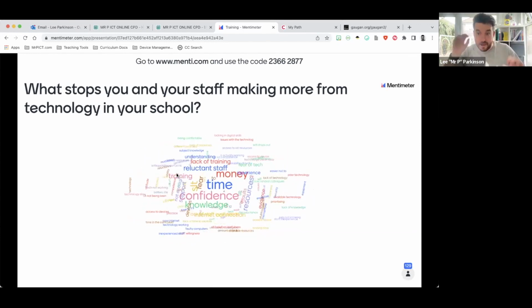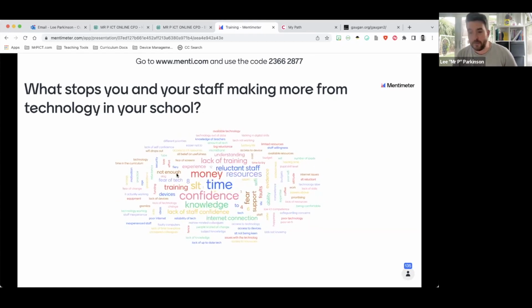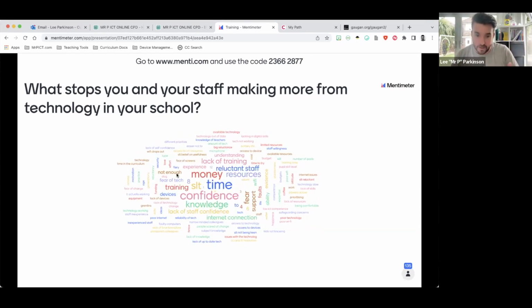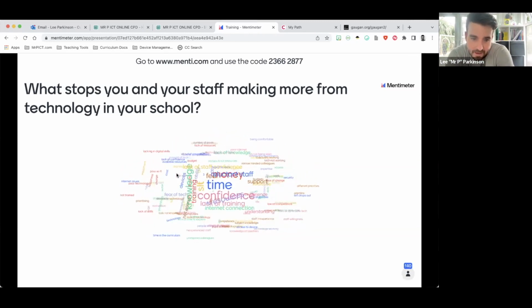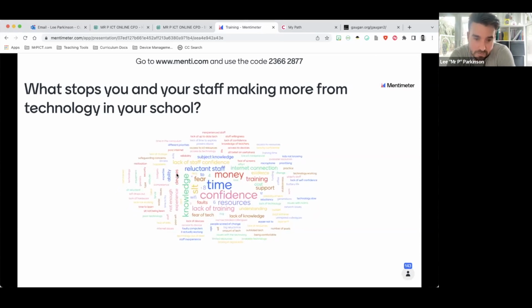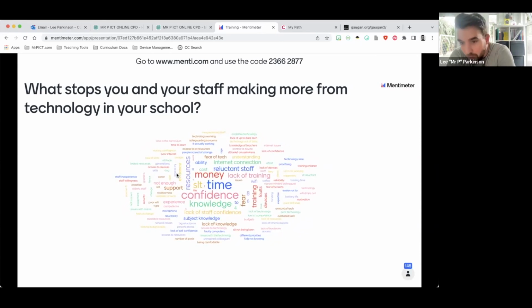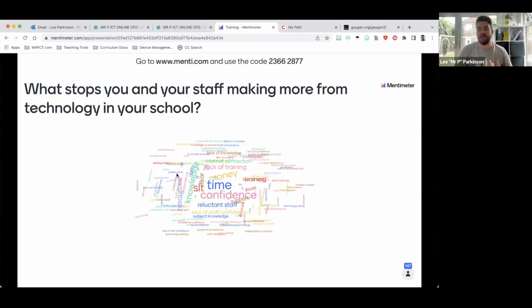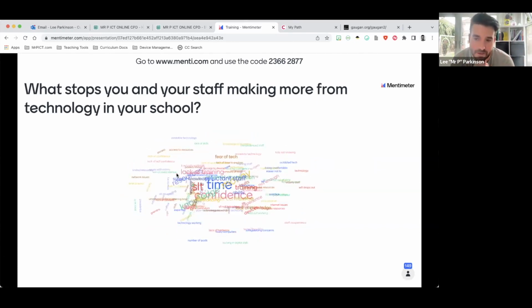So this is that word cloud option. You know how word clouds work. Any word that's repeated appears bigger. So the most common reasons in there, the same every time I do this on my training sessions, you've got confidence, knowledge, money. Unfortunately, I can't do too much about that. But the big one there is time, and that seems to be the most common answer whenever I do this